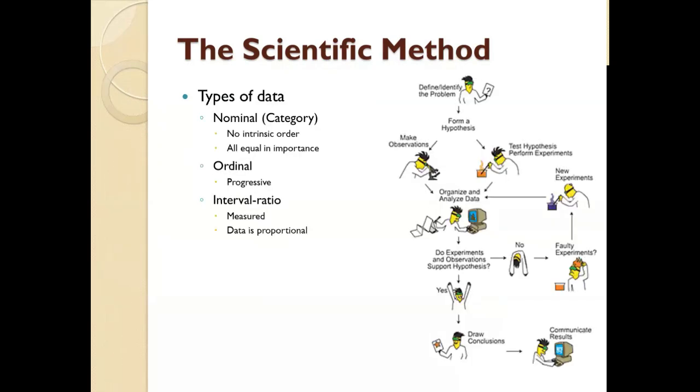In terms of the data we record, they basically fall into three categories. Know the three different types. There's nominal, ordinal, and interval ratio. Nominal data sets are those that have a name. In fact, that's what nom de plume means, the name of the day. Okay, so a nominal category has no intrinsic order, no intrinsic value or importance.